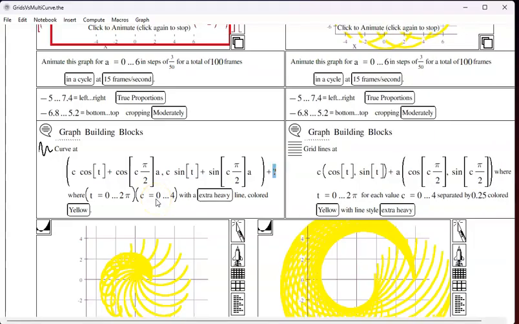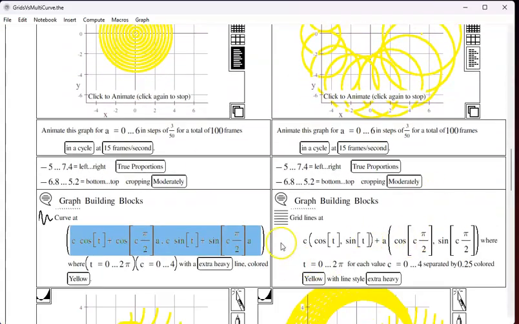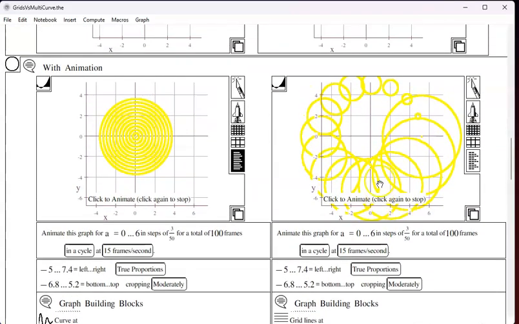So let's get rid of that. So that one will still plot, and there we go. But over here, this grid plot is able to handle the multiple vectors as long as they resolve to be a vector, then that's good. If you think about how polar plots are done, you quite often will use the function from polar or to polar, and that would be put on the outside of this, and this curve plot wouldn't be able to handle it if you have that extra thing there. The grid plot does. The animation looks the same,